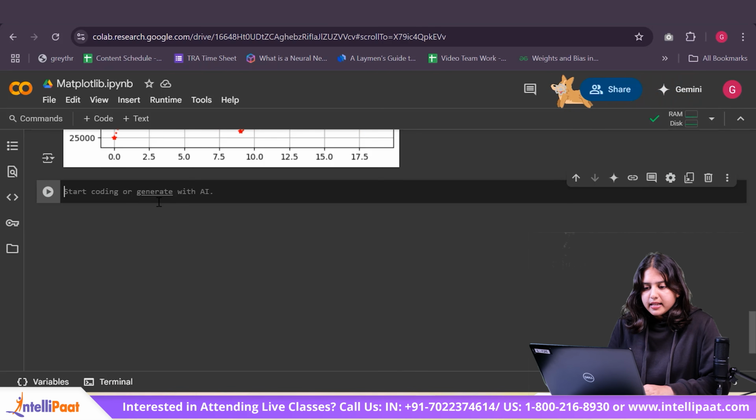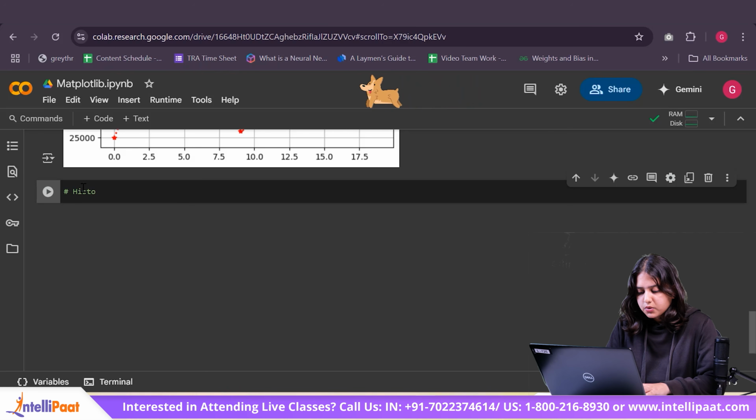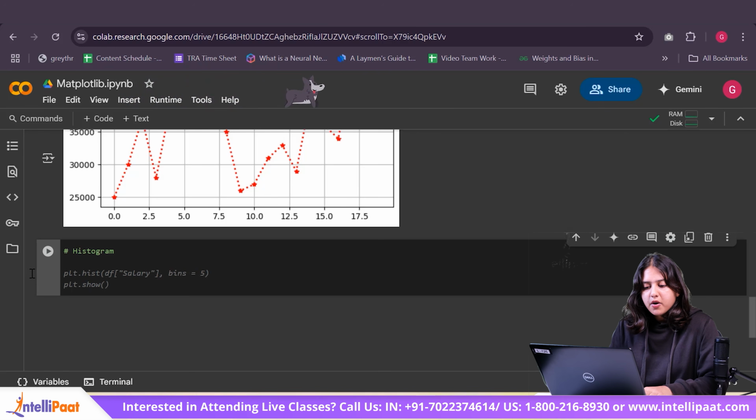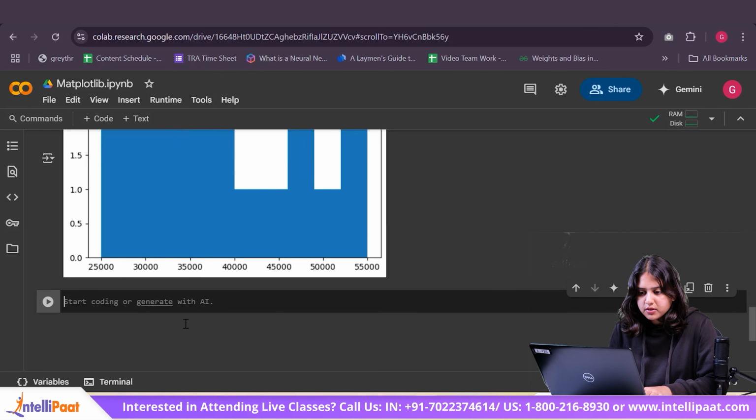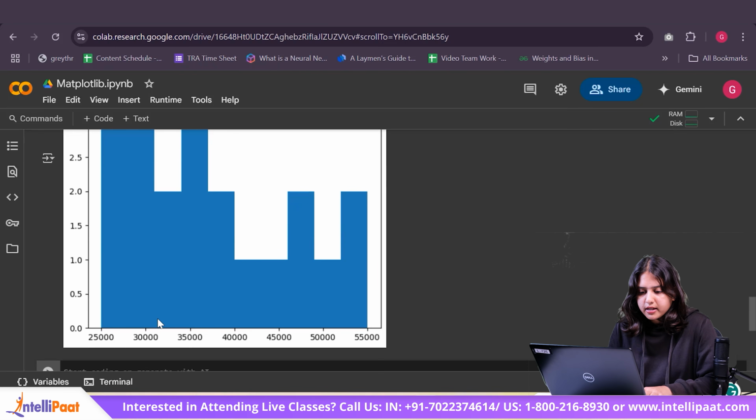Then the next way we can visualize our column is through a histogram. In order to plot a histogram, all you have to do is say plt.hist and pass your column in the parenthesis. For now, I'm going to exclude the bins parameter and just show you how the salary column is going to look in a histogram.